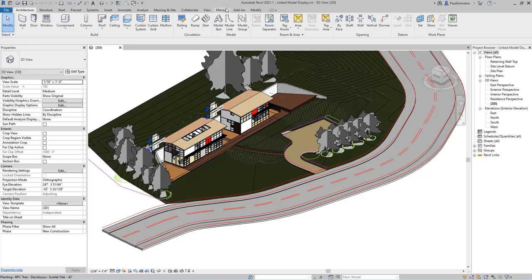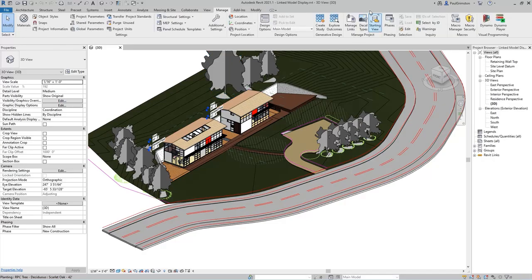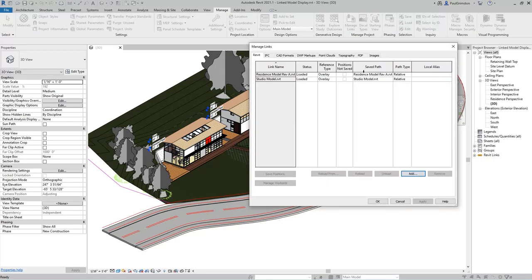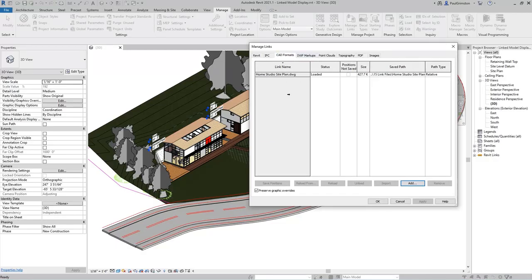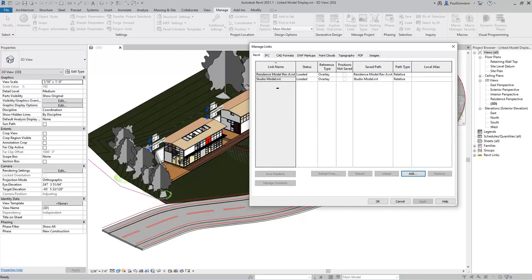Looking at the Manage ribbon tab, we have the option under Manage Project to manage links. And in here we can see we have the Revit tab and the CAD Formats tab, and our linked DWG and Revit models are available to control from within here. If I select one of our Revit models, we can see we have the option to unload the Revit model. However, this will unload it from the entire project, and it will not be visible in any of the views